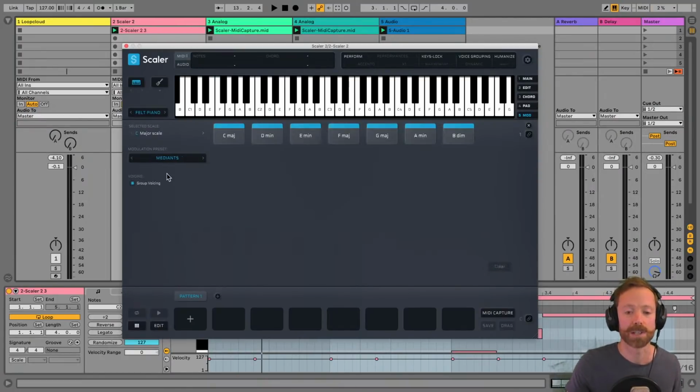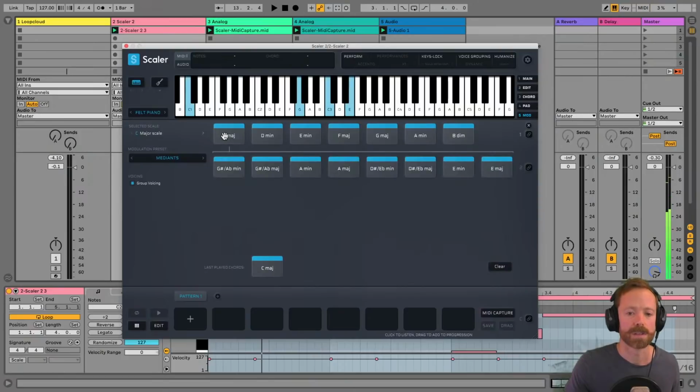But I really wanted to show this because maybe I'm really excited about the ability to use this section to create new chord sequences, which isn't how I've been using it. I've been using it, like I said, to come up with an idea and then take it somewhere else. So with the Mediants here, you can select your scale. At the moment it's just C major, and then you can choose the chord you want to start with, and then it takes it from there and goes on to the next stage. So you can then just try out some different things.